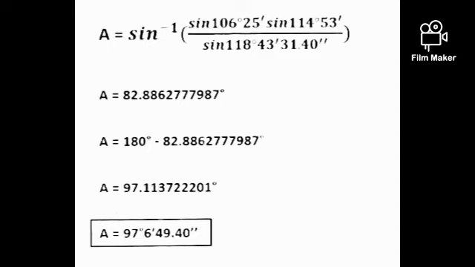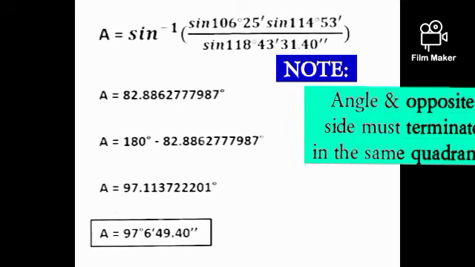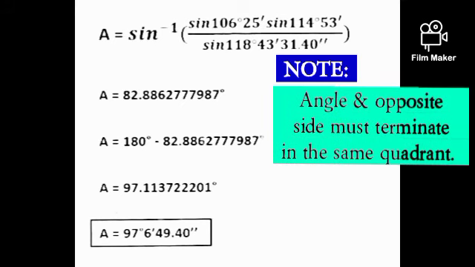Thus, angle A is equal to shift sine, or arc sine, or inverse sine of sine of 106 degrees 25 minutes multiplied by sine of 114 degrees 53 minutes over sine of 118 degrees 43 minutes 31.40 seconds. You may compute for A directly in your calculator, or if you choose to compute the values of sine one by one, take all the decimal numbers and round off only in the final answer. And you should get angle A equals